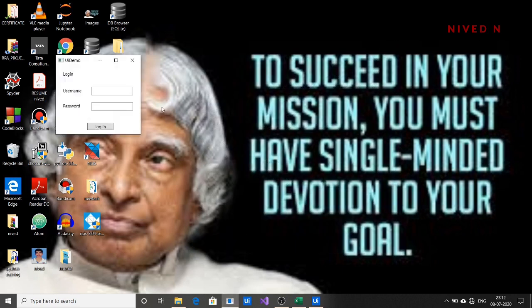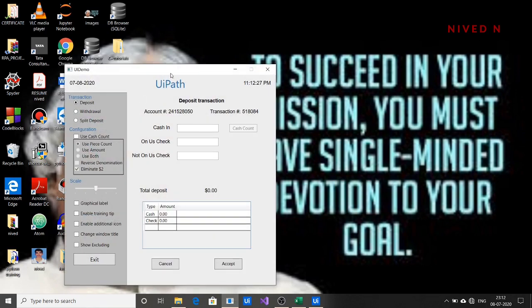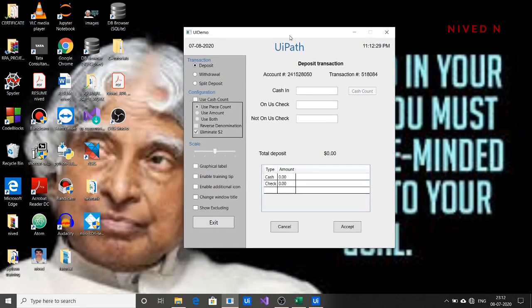So this is the UI demo application app. At first, you have to log into the app using certain credentials provided by them. Just type it and log in here. So this is the UI demo application, and what we are going to do today is input the values of cash in, on US check and not on US check